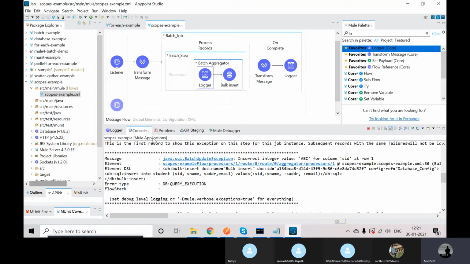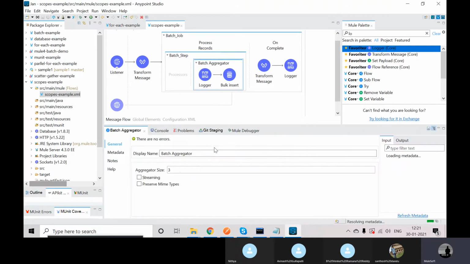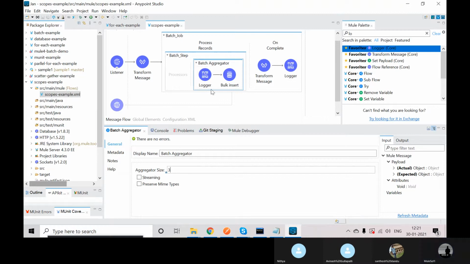Here we are decreasing the thread count. In the previous example, a parallel for each creates 30 threads, but a batch creates only 10 threads, because each thread processes 3 records. If you give a batch size of 10, it will create only 3 threads. So we can decrease the thread count, as well as capture the error records. We are getting the errors, right? So we can capture those records and reprocess them also. That advantage is also inside the batch.